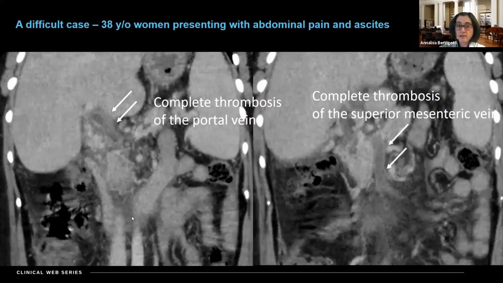This was a 30 years old woman presented with abdominal pain and ascites. We did a CT scan in the patient, and we could see that the liver was already a bit dysmorphic, but there was also an acute thrombosis of the portal vein associated with a complete thrombosis of the superior mesenteric vein. And since we know that in this case it's associated with ascites with initial signs of intestinal ischemia, there is a high risk of inefficacy of standard anticoagulation.